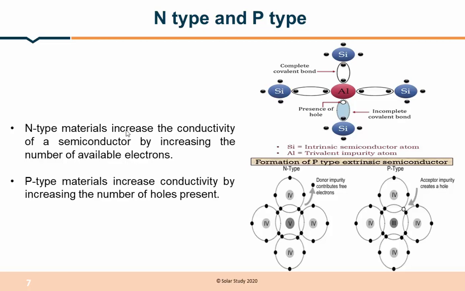We have seen how n-type material and p-type material are formed. I already told that if I make a bond with 5 electrons present in the outermost shell, it contains more electrons. In such cases, the n-type material is called a donor. The p-type material, with only 3 electrons in the outermost shell, wants 1 electron to complete its hole. At that time it is called an acceptor, which will accept electrons.